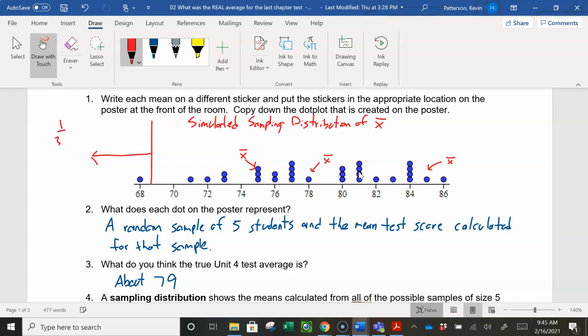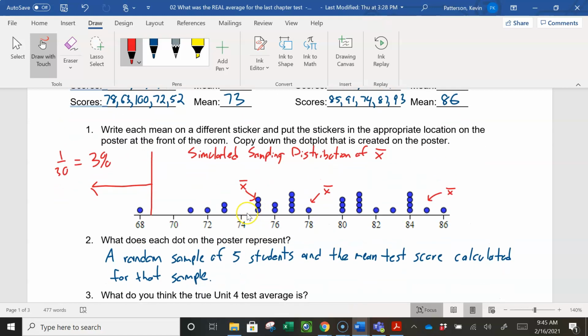Okay, one sample out of, I told you there were 30 dots here. How likely is that to happen by chance? An average score of 68 or less would be 1 out of 30, which is 3%. So our students, just 3% of the time by chance, are going to end up with a sample mean of 68 or less. This is a very low number. This is statistically significant,